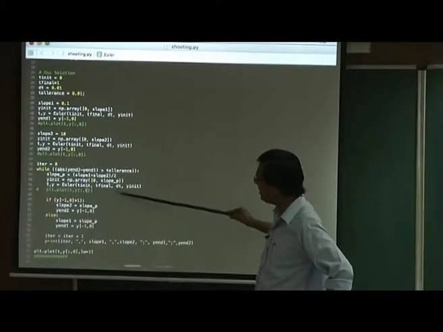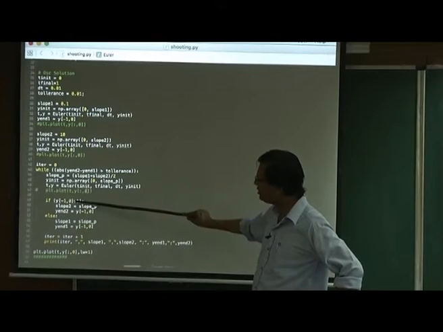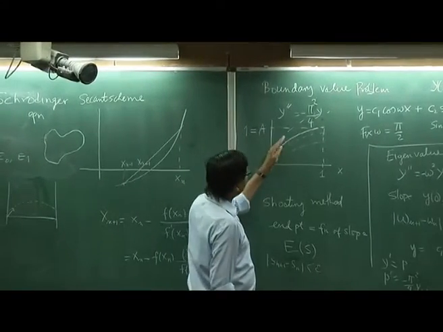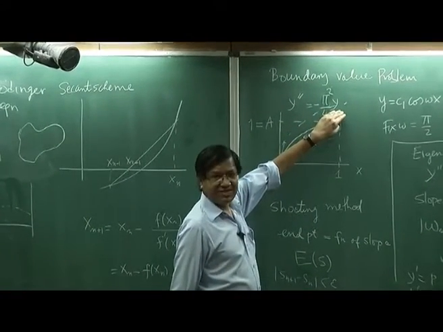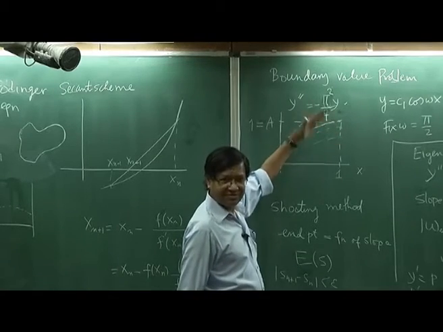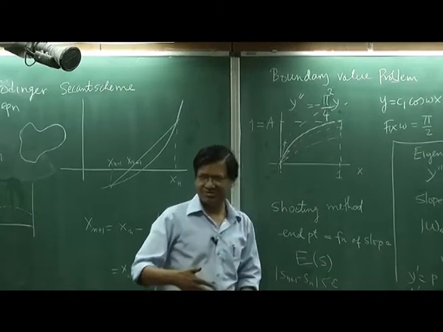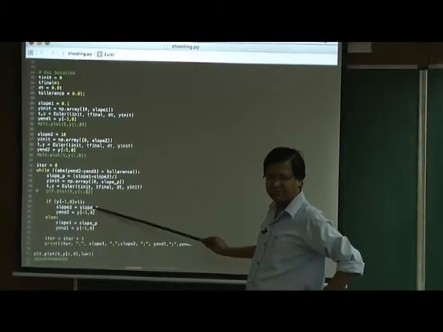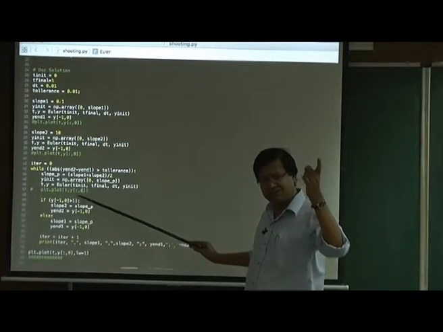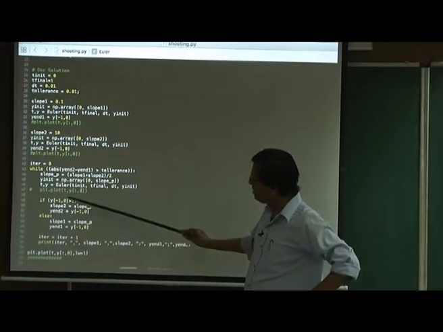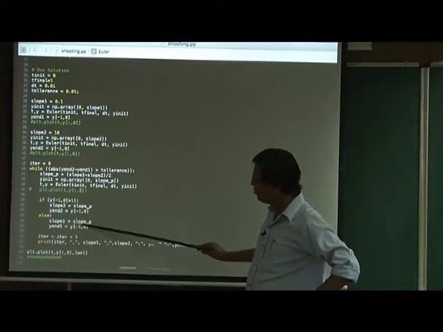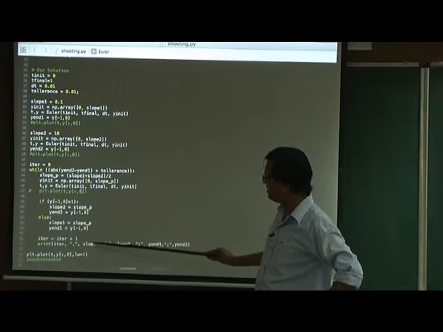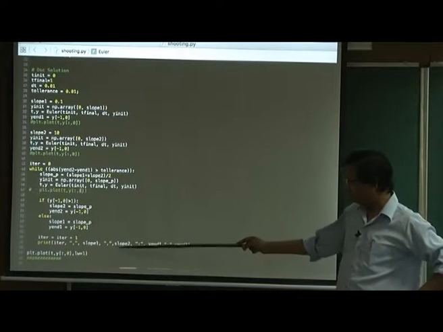So, I use the Euler scheme, I get the end point. Now, I see whether the end point is greater than 1. If this mid slope takes me here, then this should be the slope on the right side of the solution. So, if that is the case, then my slope 2 will be slope p. Slope 1 remains unchanged, but slope 2 has changed. But if y minus 1 is less than 1, else the slope 1 will be replaced by slope p, and I iterate this, and we should converge.